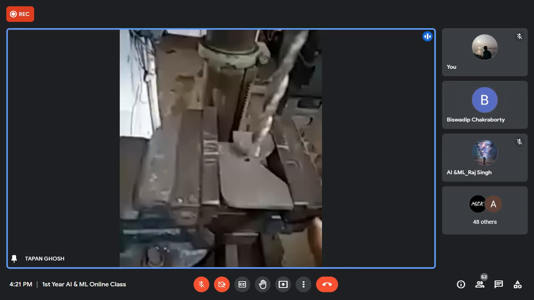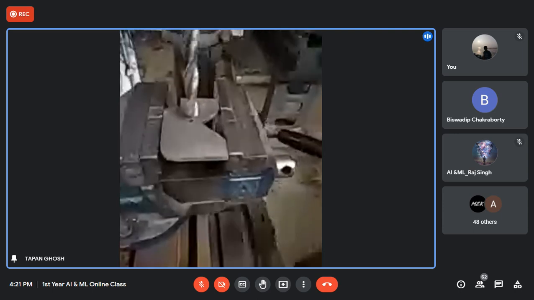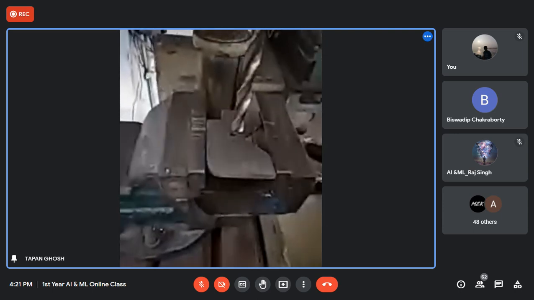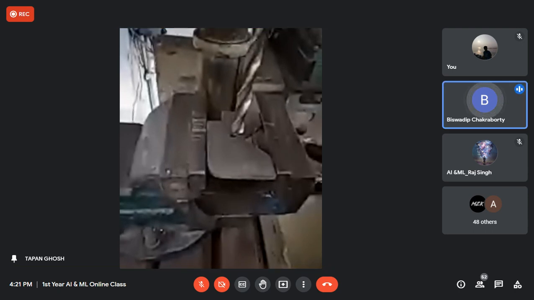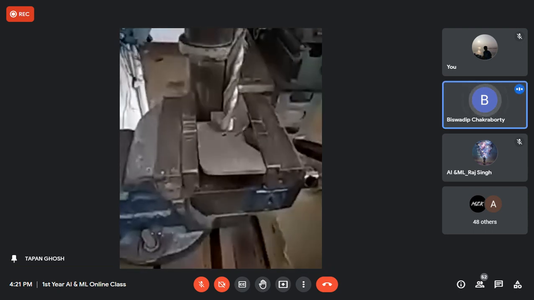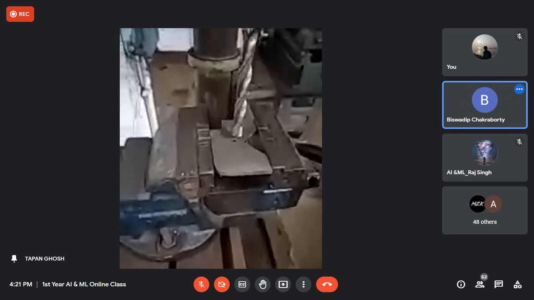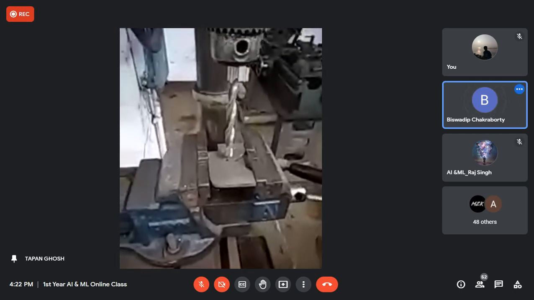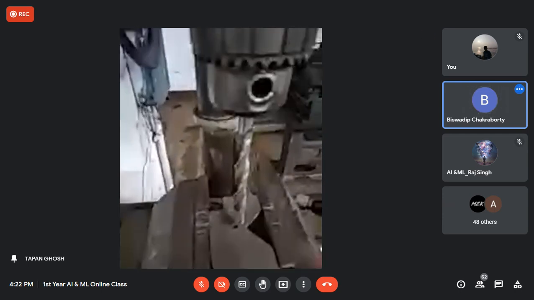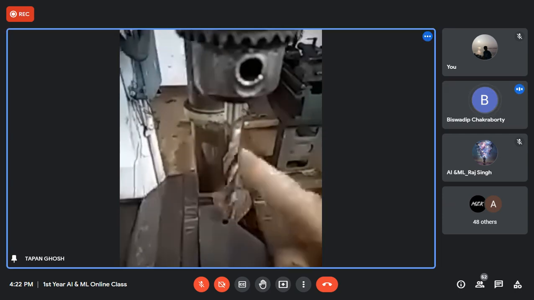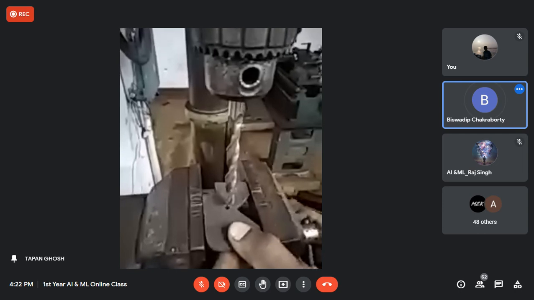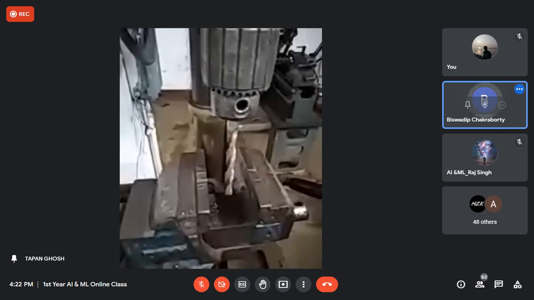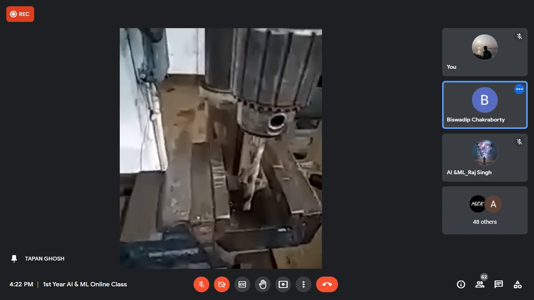You have to hold the job on the vice this way. When it is rotating, it penetrates inside, making the hole. You can see the cutting line, which is spiral type, on the drill bit. That cutting edge goes inside while rotating and makes a hole.